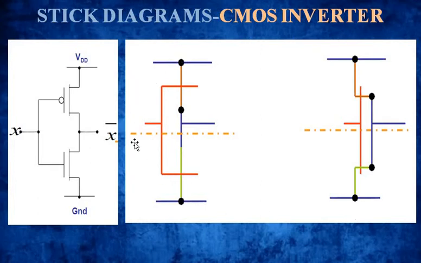I hope you are clear. Please go through the stick diagrams. If you have any doubts, please do let me know. Before going to the CMOS inverter, go back once and revise your NMOS or CMOS fabrication process. What is the fabrication process? How we get these layers, how metals have been used, how polysilicon we have used. Then you go for the stick diagrams. That will be very easy for you people. Fine?